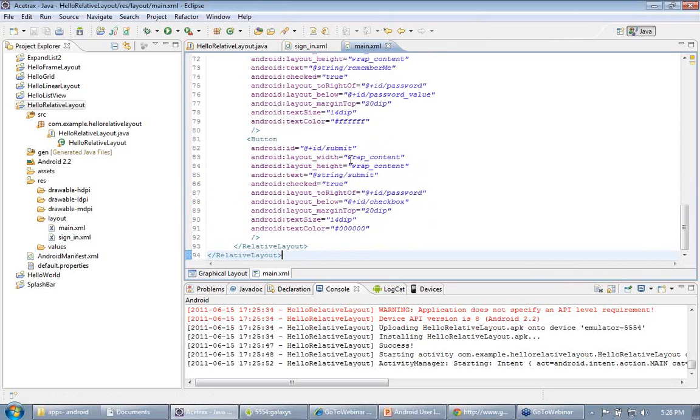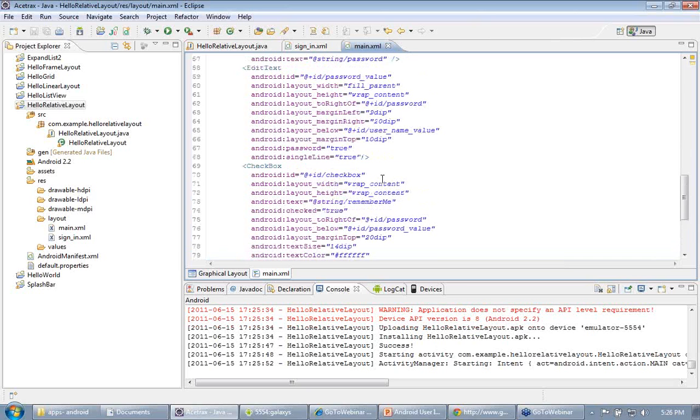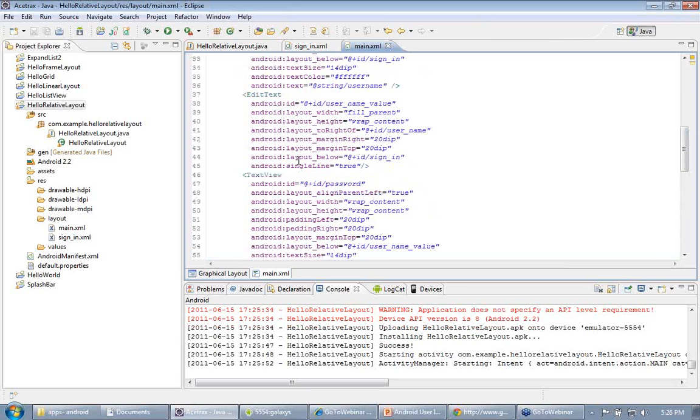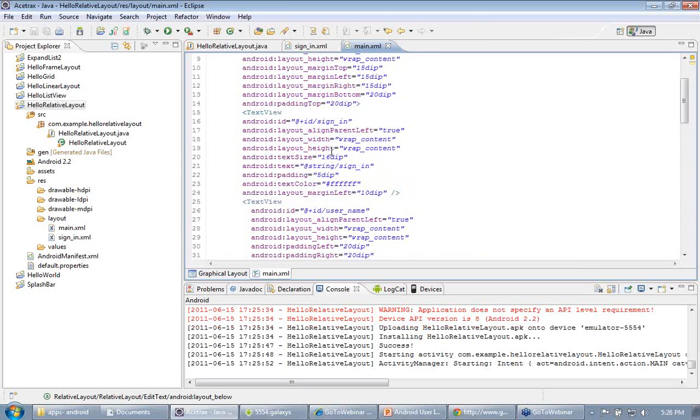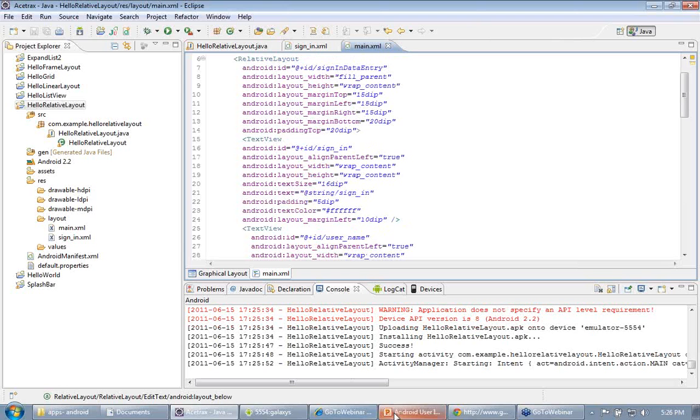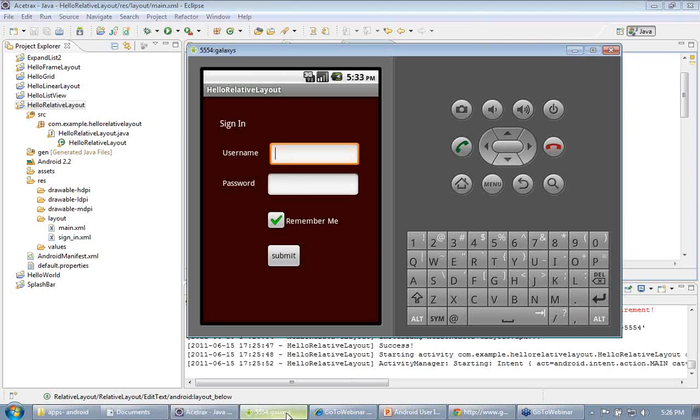So what we are doing here is that in relative layout we have a property called layout underscore below. With the help of this property we are arranging components one below each other, and you can see the output is the same.